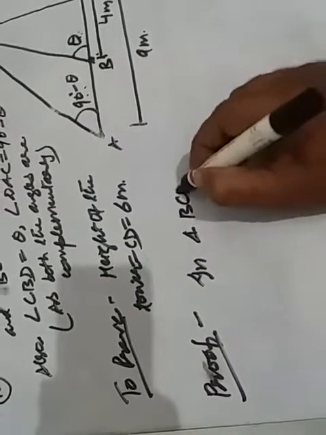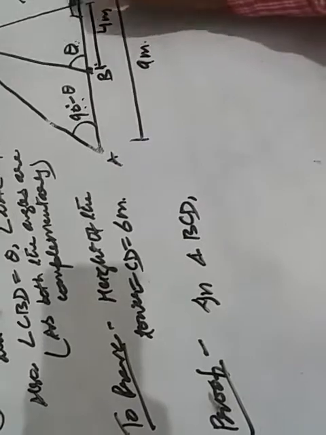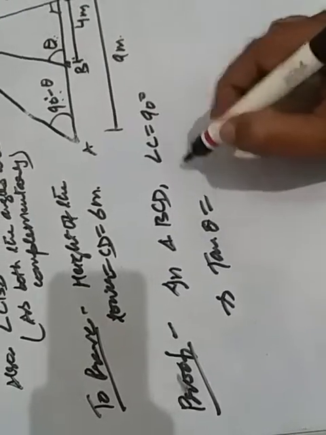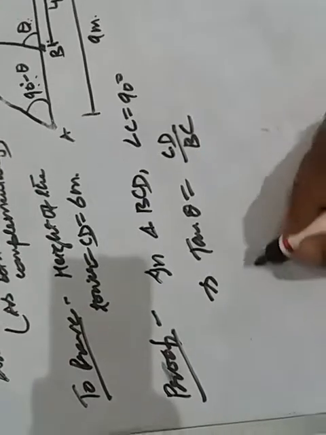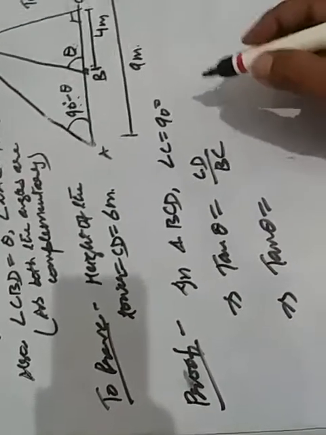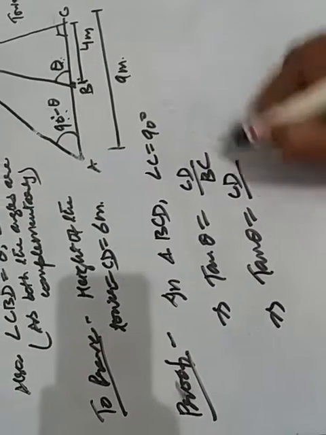BCD, angle C equal to 90 degree. This implies that tan theta, theta is an acute angle, tan theta equal to CD upon BC. Clear? That is, CD upon BC, where BC is given to be 4, right? Let it be equation number 1. Again